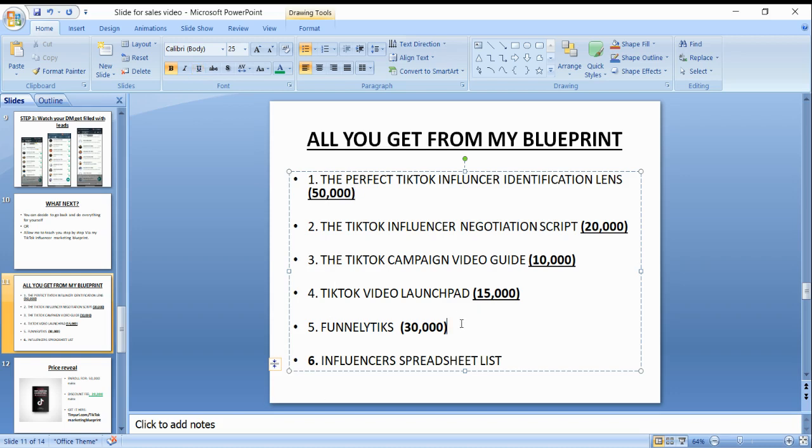Then for analytics, this simply means I'm going to show you how to convert the leads you are generating from TikTok to sales, to paying customers. Most of the leads you see on TikTok are different from any kind of leads you will ever see on other platforms. And I'll give you a very good distinction between the leads on TikTok and every other platform, and that is the attention span.